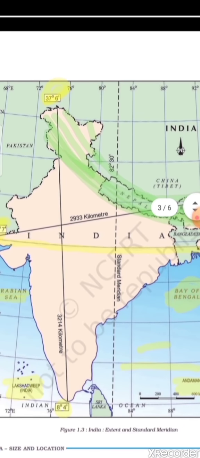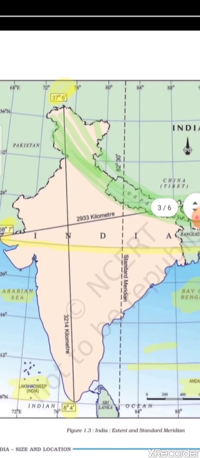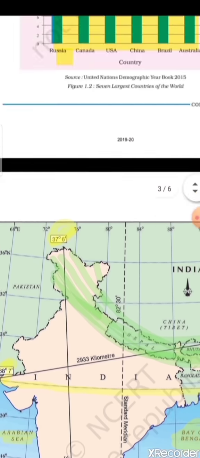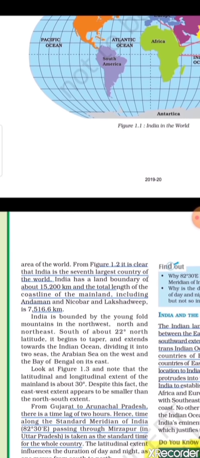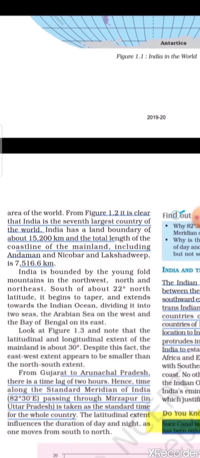And in this picture we can see the length of the country from east to west, that is 2933 kilometers, and from north to south the total length of the country is 3214 kilometers. And now students, the total land boundary of the country is about 15,200 kilometers, and the total coastline of the mainland, including the Andaman and Nicobar and Lakshadweep Islands, as I told you that these two island groups are part of the Indian subcontinent, is